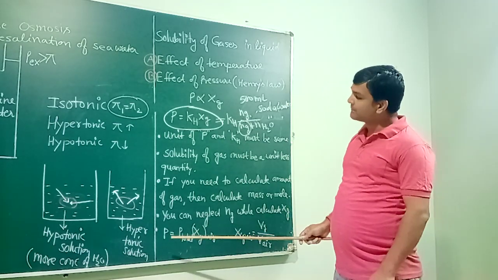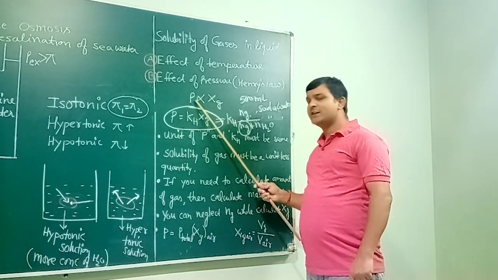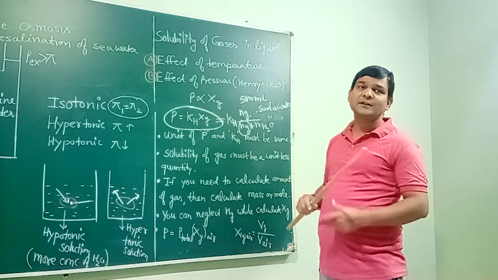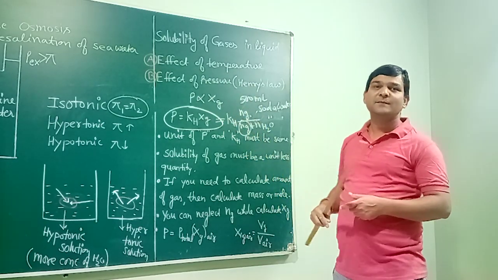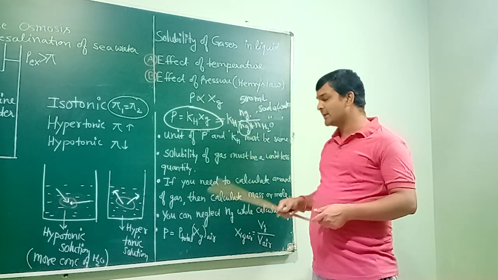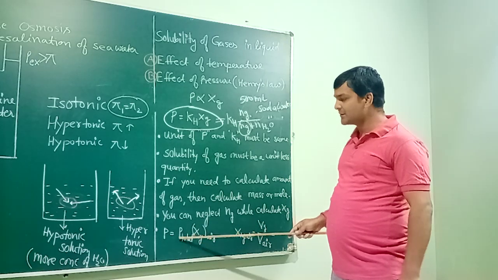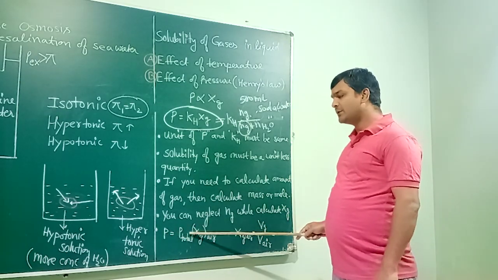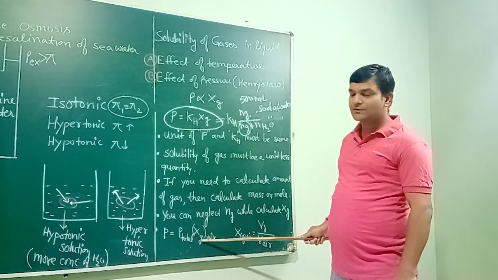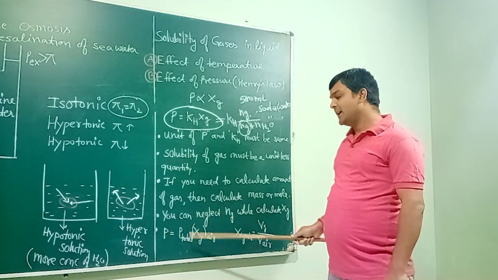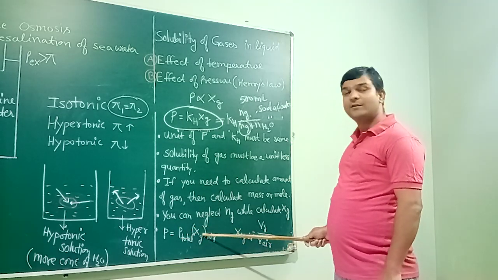And last but not least, this is partial pressure of gas. Sometimes in place of partial pressure of gas, you may be given total pressure of air, and from total pressure of air you need to first calculate partial pressure of that particular gas for which you are doing numerical. So here you can use the formula given by Dalton's law of partial pressure. Partial pressure is equal to total pressure multiplied by mole fraction of gas. I repeat, you need to use Dalton's law when you need to calculate partial pressure if you are given total pressure of air. So partial pressure equals total pressure into mole fraction of gas.